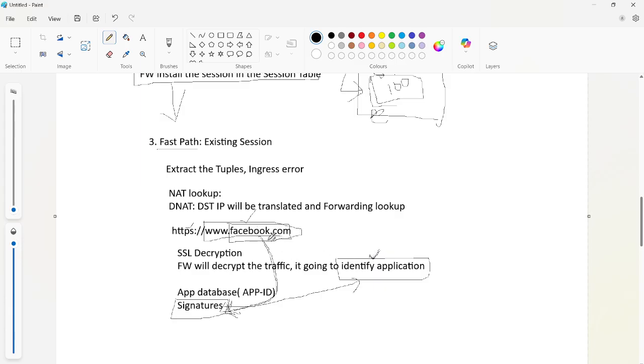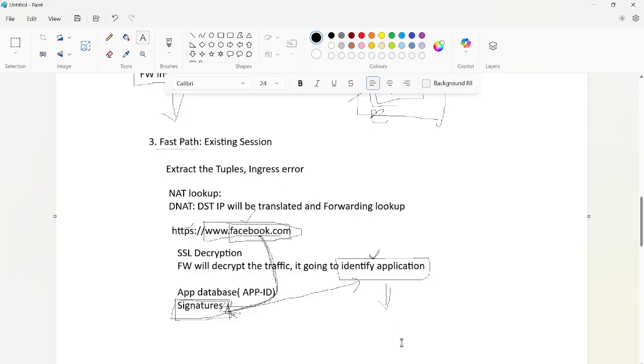Now in this case, we are using Facebook, right? So for this Facebook traffic, the firewall is going to check whether any Facebook signatures are available or not. If the signature is available, the firewall knows that it is a Facebook application signature. So if the signature matches, the firewall is going to identify the application as Facebook.